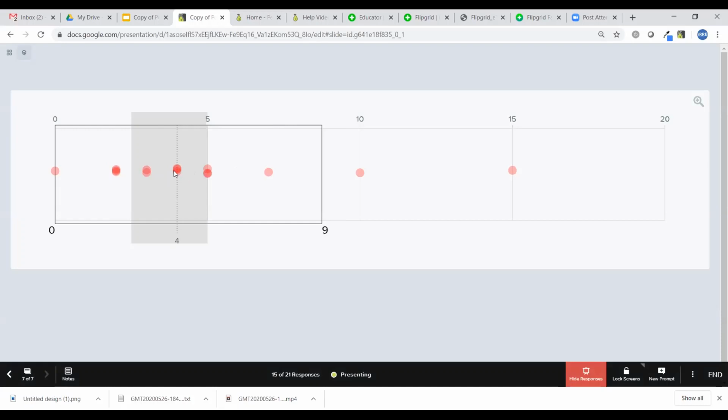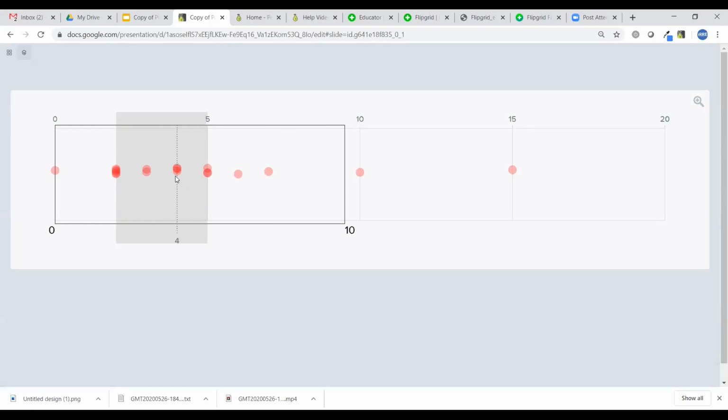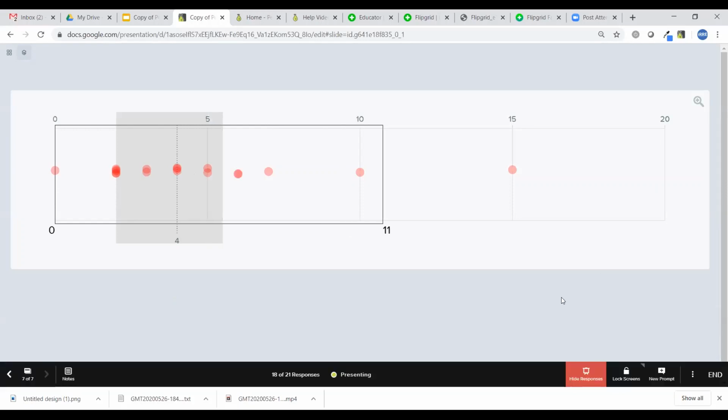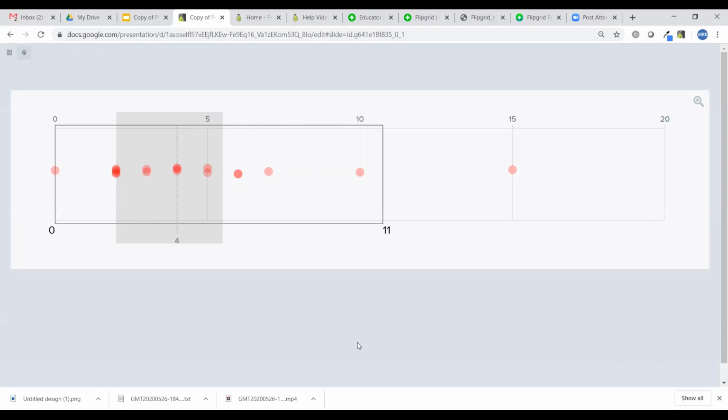where we see 4 seems to be our mode here. And there are still some more data points popping up around that. So some of these number responses give us a lot of different displays. To the best of my knowledge, when you have number responses, there are no other displays you can get from this. So you can get a good sampling of the range of numbers students are giving to you, but it